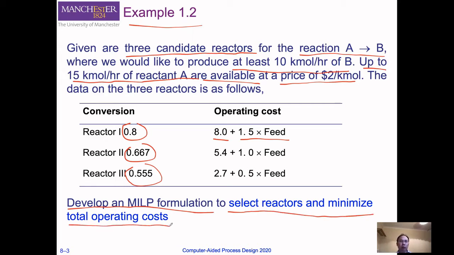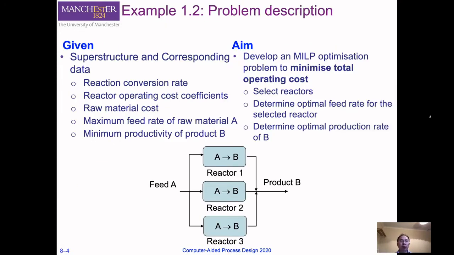total operating costs. We first need to define the problem. In the problem definition, we must be clear about what is given and what we want to determine. In this example, we are given the superstructure and also some data, such as reaction conversion rate, reactor operating cost, cost coefficient, raw material cost, maximum feed rate of raw material, and minimum productivity of product B. What we want to determine